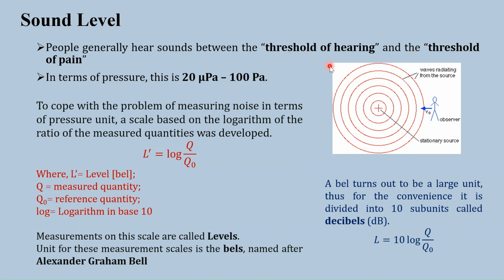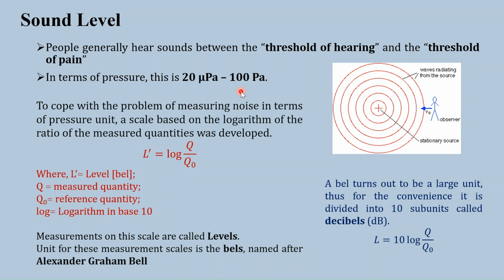Now, as we saw just now that जैसे जैसे हम sound source से दूर जा रहे हैं, ये sound की intensity या sound की loudness वो कम हो रही है. So if we have to measure the sound at different distances, तो अगर हम इसको इस पर्टिकुलर वैल्यू में मेजर कर रहे हैं तो अंडरस्टैंडिंग इज लिटिल डिफिकल्ट क्योंकि ये 20 माइक्रोपास्कल है. तो 20 माइक्रोपास्कल मतलब 20 into 10 to power minus 6 मतलब हम कितने सारे पॉइंट में इसको मेंशन कर रहे हैं. तो 0.002 पास्कल हो गया या फिर अगर आप मेंशन कर रहे हो 0.02 पास्कल है, 1 पास्कल, 2 पास्कल, देयर आर नंबर ऑफ वैल्यूज.